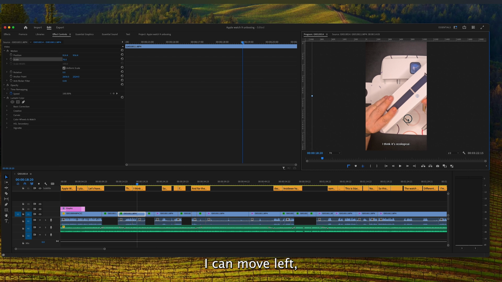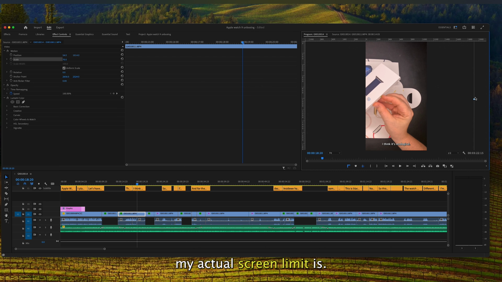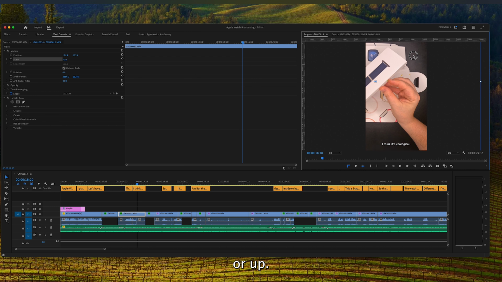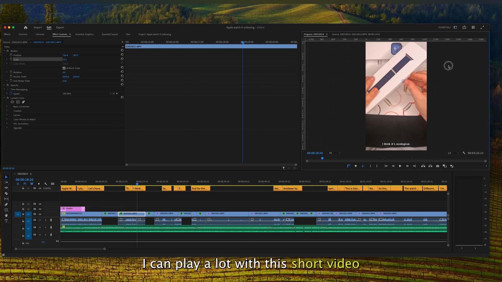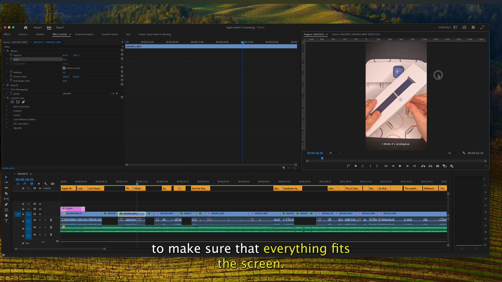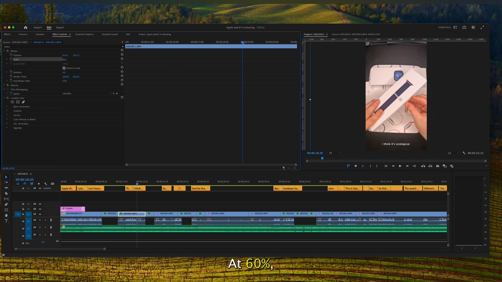I can move left, right. See how far my actual screen image is? I can scroll down or up. I can play a lot with this short video to make sure that everything fits the screen that I'm desiring. Let's go even further, 60%. At 60%, I can see the entire table that I'm working on, and I still have that flexibility to play